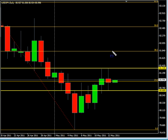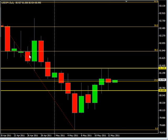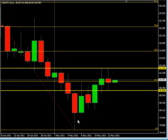Now what we're looking to do is basically sell at the previous session's low, right below it, basically a sell at 80.67, and looking for it to come on down to this point down here. This is around the 79.50 mark. So looking for it to move on down through there, basically using a 1, 2, 3 type pattern. We have one move, 1, 2, and now we're looking for it to make the extension down